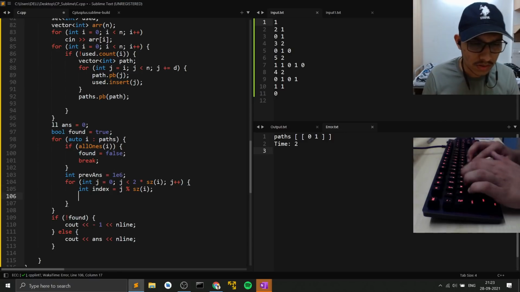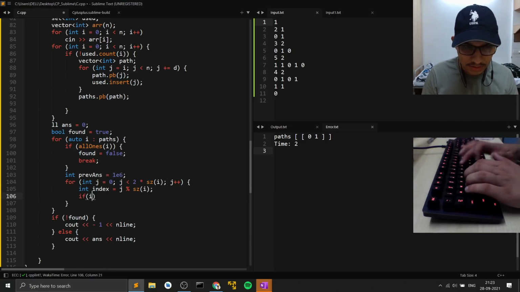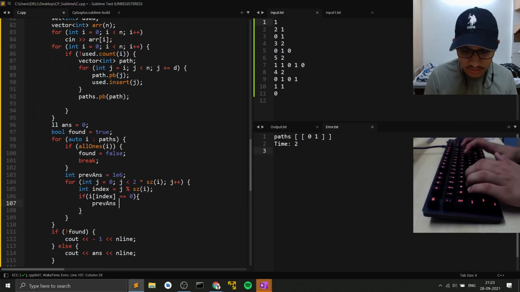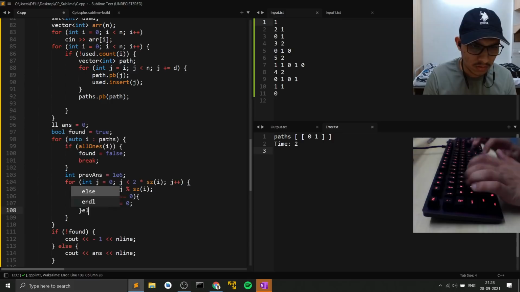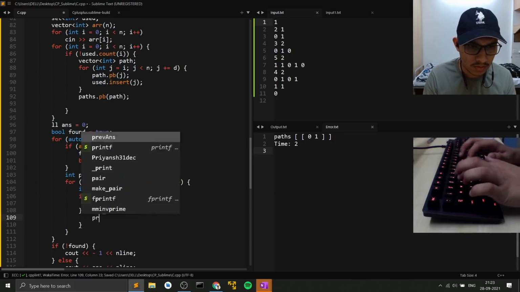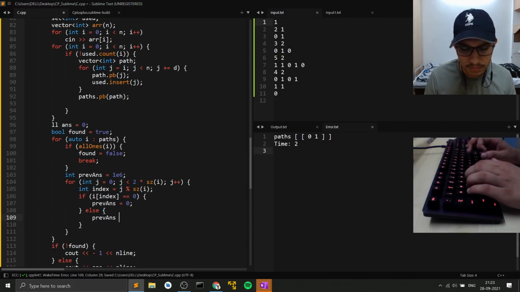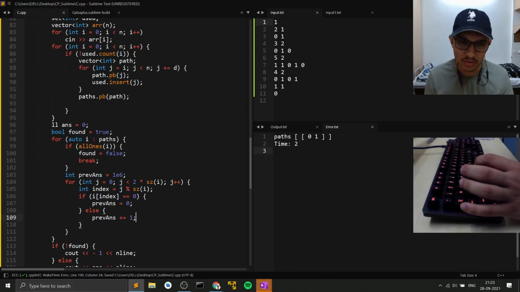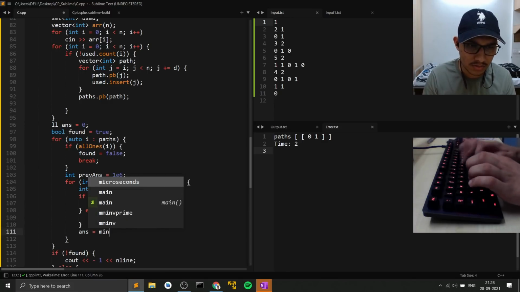Now if I at index equals to a 0, then I just do prev answer equals to 0. Else prev answer plus equals to 1, because these are the number of steps that we require more, right? And we do answer equals to